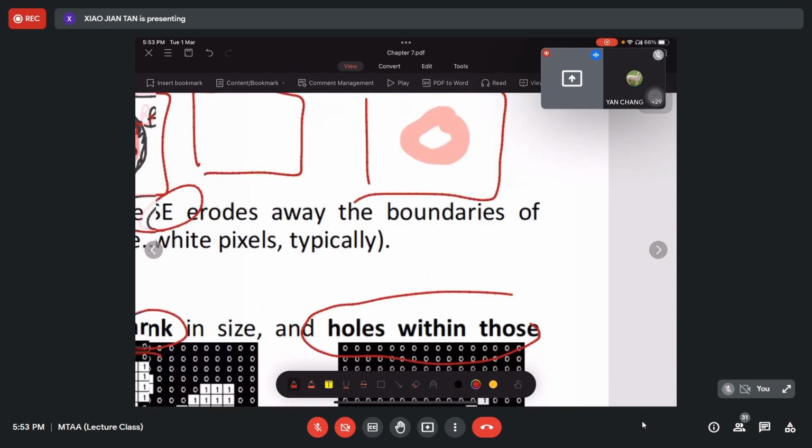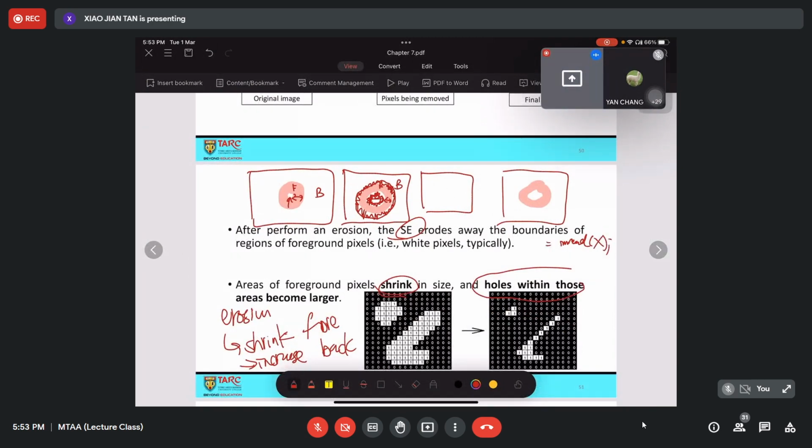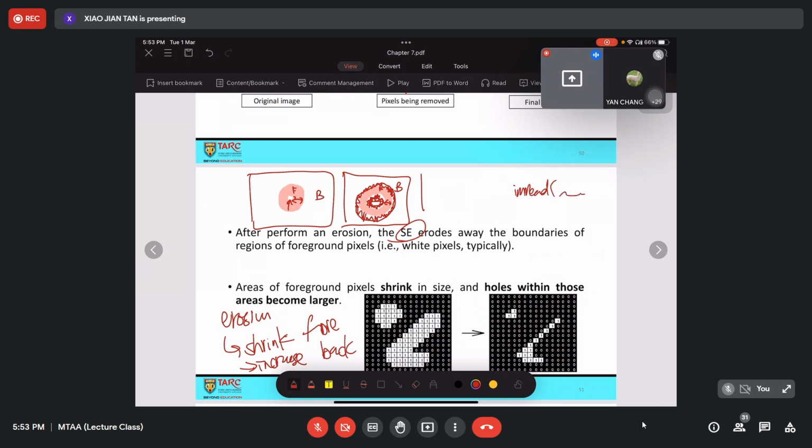I think complement image is simply done by, for example, imread your directory, your image equals to A, and then imcomplement A, you will get B. Let me check, is it imcomplement?